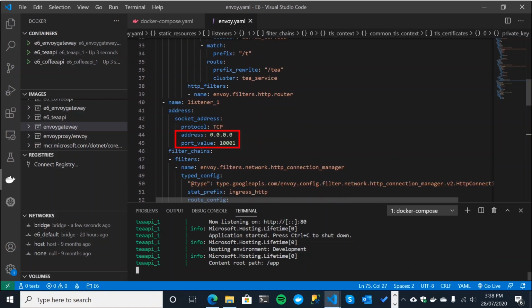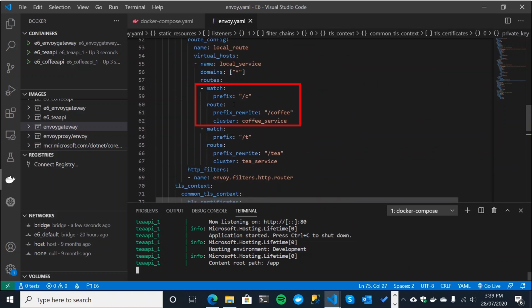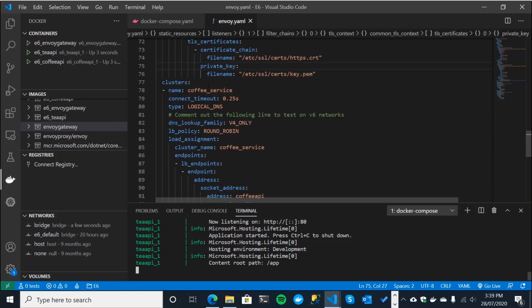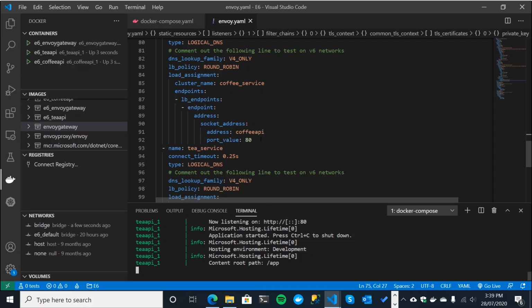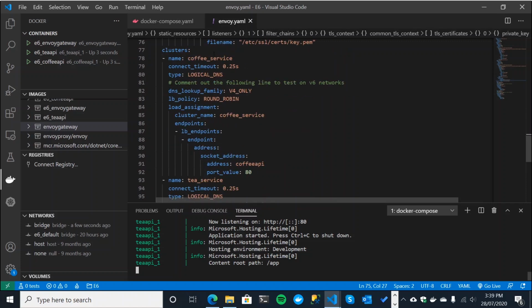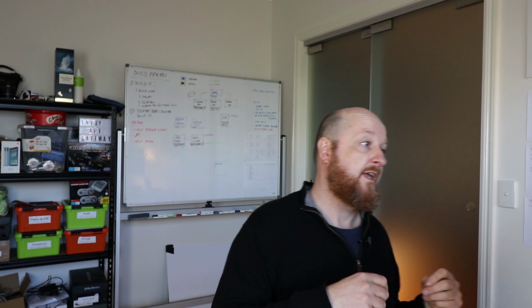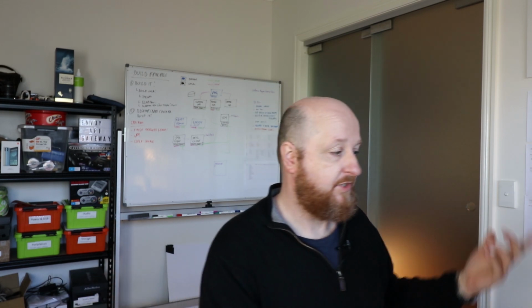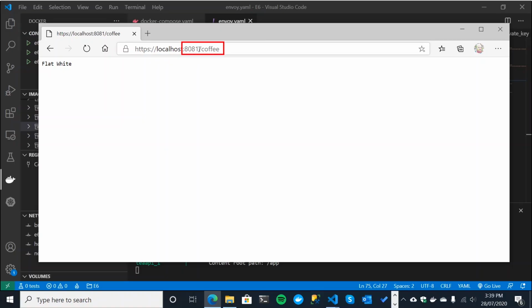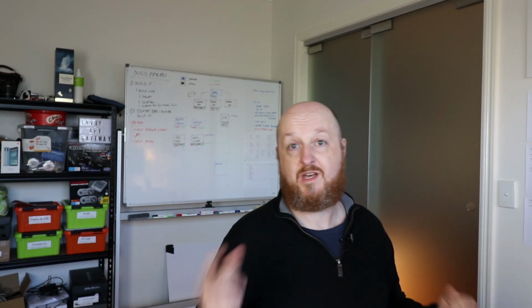we're hitting this listener endpoint, 10001. We're hitting this route here. We're going down to Coffee service, and we're hitting the Coffee API on port 80, and it's then redirecting. Because we don't have a secure HTTPS or TLS connection from our Envoy cluster, that's why we get that. Now, if we add in a new cluster that uses port 443, let's see what we get. We won't get this kind of redirected URL. It will look similar to this, because Envoy is dealing with it within its config. All right, so let's do that now.